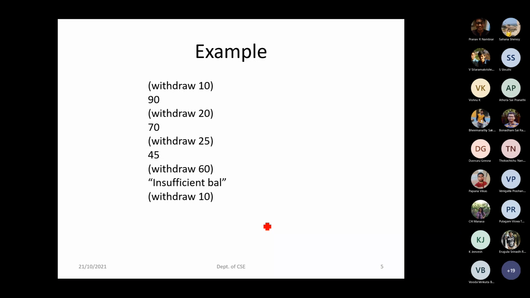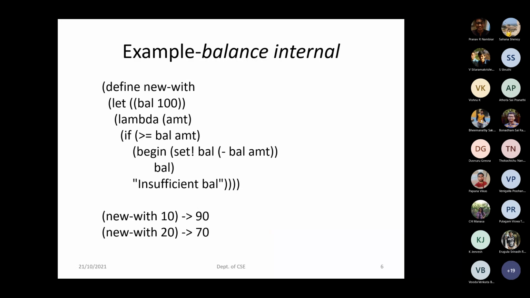Now if I ask withdraw of 10, from 45 it will withdraw and the value you will get is 35. So by using the set! operator, it is the same variable that we have defined, and that same variable will keep updating. So two new syntaxes we have studied. One is set!, and if you have to make multiple statements into a block, putting them together, then you can go ahead with begin.